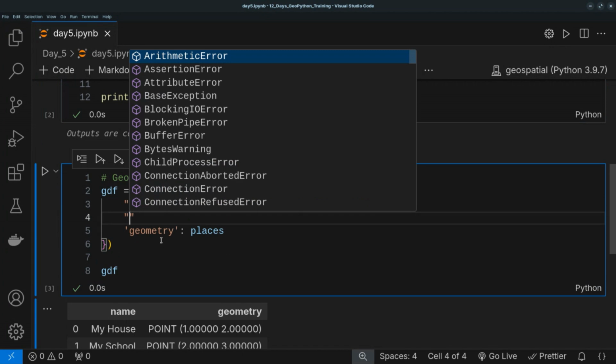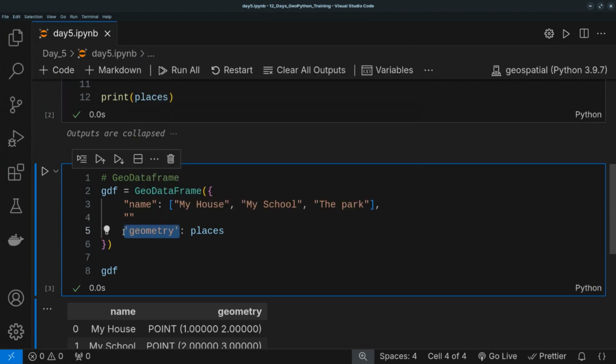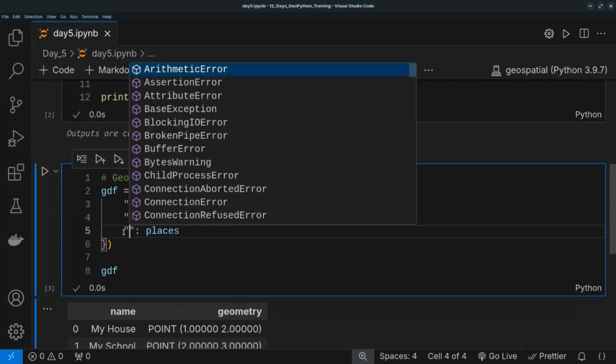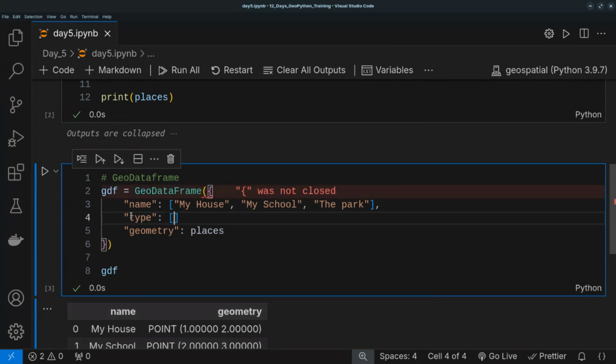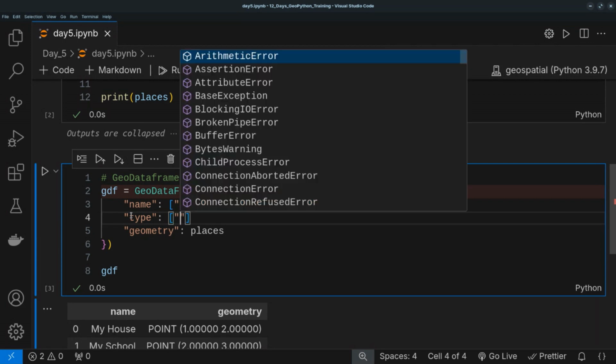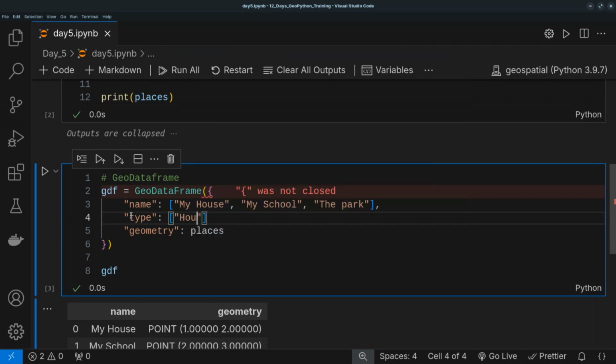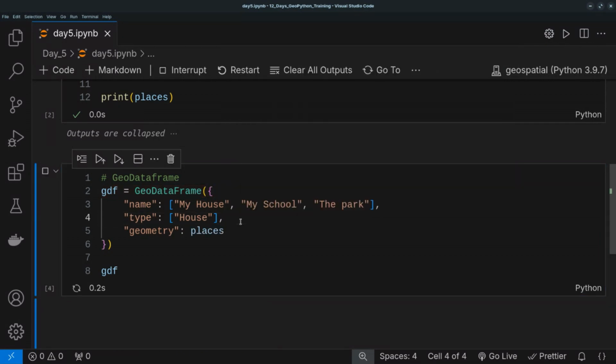Forgive me for my inconsistency in the code. There's no problem being inconsistent, but I think it's just good to maintain: if it is single quote, single quote; if it is double quote, double quote. So I can have a type column here also. It should have 3 objects. Let's just see what happens if I just put 2 objects or 1 maybe. So here I can just put house and then leave the rest empty, but I forgot a comma here, so I put it there. When I run it,